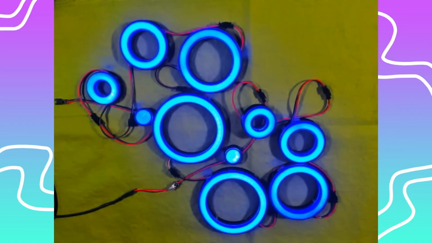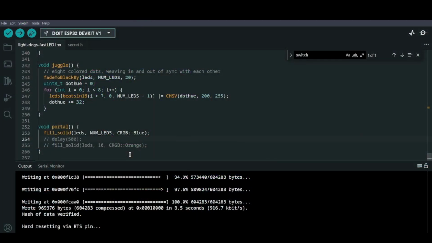Okay, and so now we need to figure out how to start at a certain point rather than referencing the entire code, like the entire LED matrix. So let's see. Number of LEDs. Fill 4 pixels starting at 0. Fill 8 pixels starting at 4. LEDs plus 4. Okay. So the second number is how many pixels we want to fill. And then at the end of LEDs, we just add our desired offset.